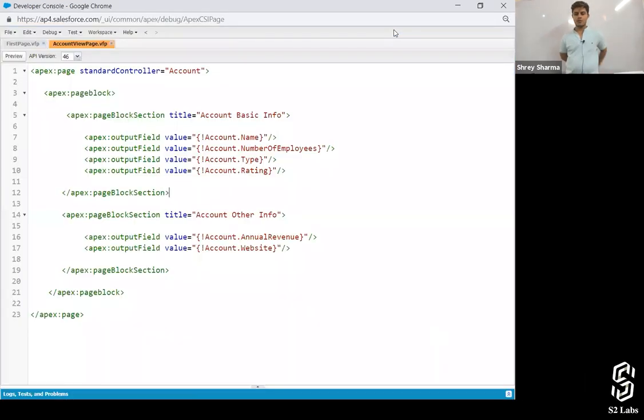I want a page in which I can see multiple records at once. So I want to assign this page to multiple records. For that, first you'll have to create a page on which multiple records are coming up, and then when you click on a particular link, this page will get opened up. You're going to understand it later. Let's wait for a while. Is it done, everyone? Okay.